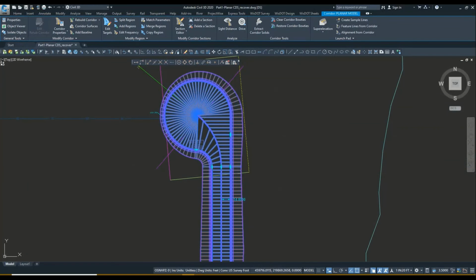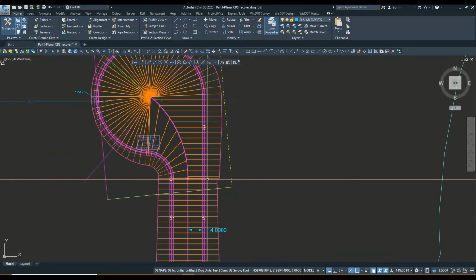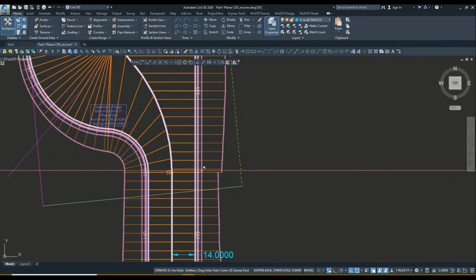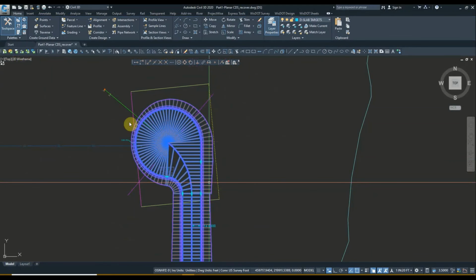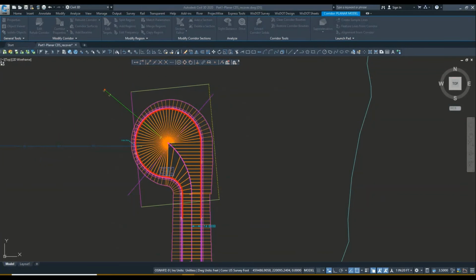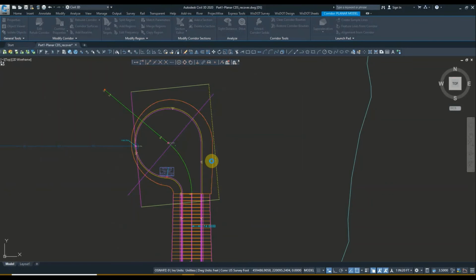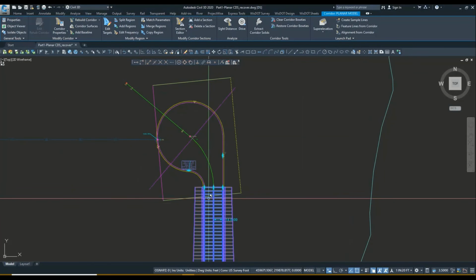you will see that there will be a jagged piece created here, and that's because now the transition, which was transitioning higher at this point, has to now come down, because it's now going down at 2% instead of up. But what I'm going to do is I'll be turning off the cul-de-sac, and then I will turn off the, or actually I was going to turn off the corridor,